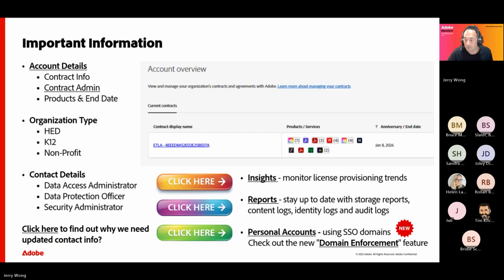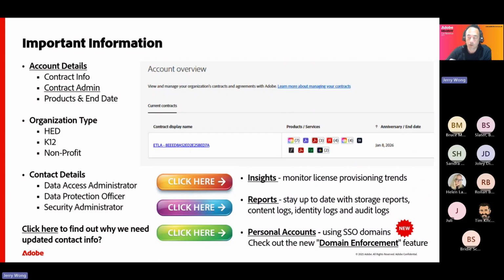Now, as I was saying, the admin console, probably this is not unfamiliar to you. You probably use it now. I'm not sure if you're all admins or you want to understand a bit more about what the admin console can provide for you. But here are a few things that we often don't see, or we often just move on to the packaging, how to manage users, etc. I want to talk to you about a few areas of information that the console can provide for you if you have access to it.